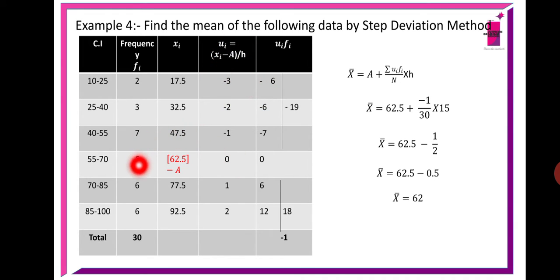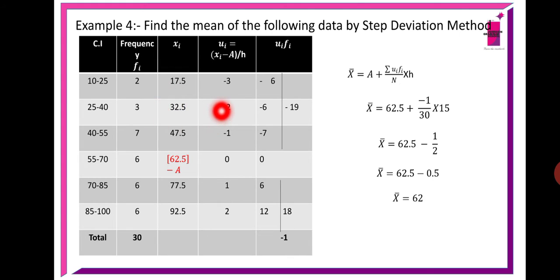Here you can see, wherever you have taken the assumed mean, that will be 0, and it looks like a number line. Above it will be negative numbers like minus 1, minus 2, minus 3, negative integers. Below will be positive integers 1, 2. It looks like an integer number line. So whatever class you have taken as assumed mean, above it will be negative and below will be positive counting numbers directly.